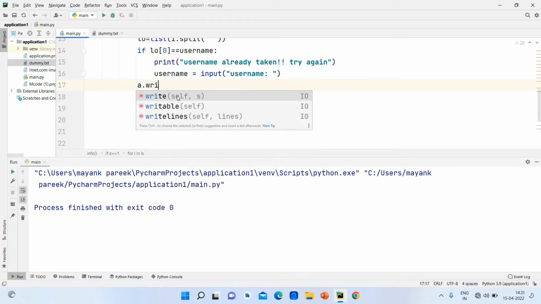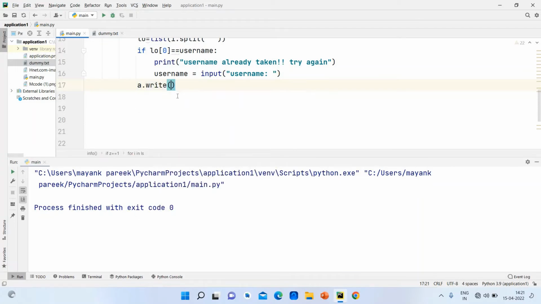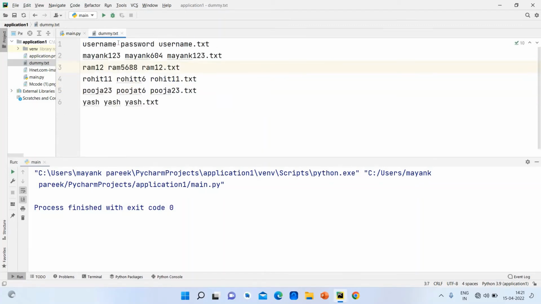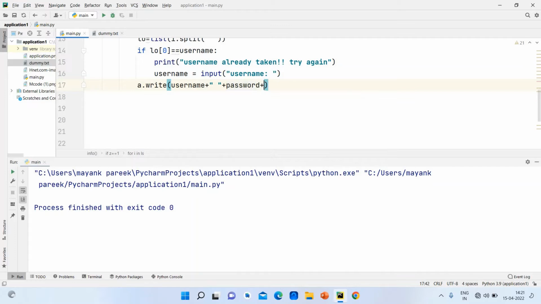So I will say a.write, and we are going to write the username plus a space and then the password. And why are we putting the space between? Because you can see over here we have a space before the password and we have a space before the username, so we are going to do the same thing over here, and then at last I'm going to add